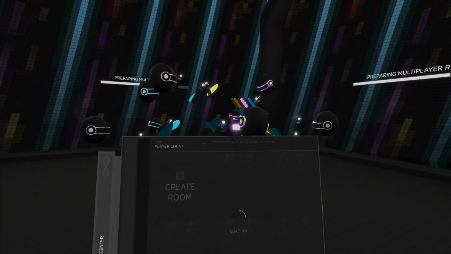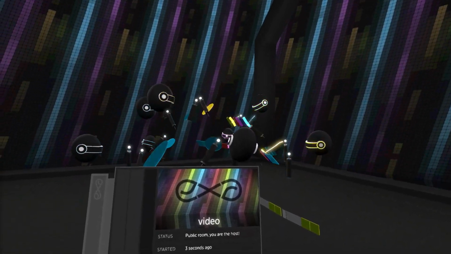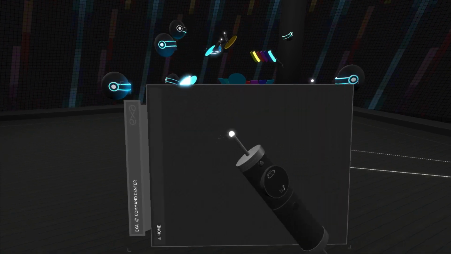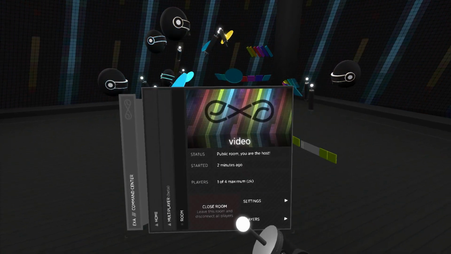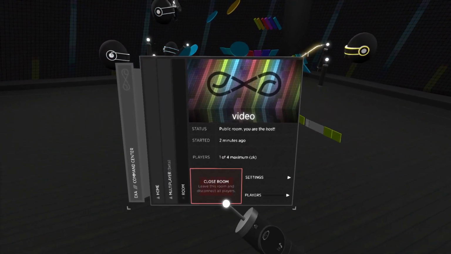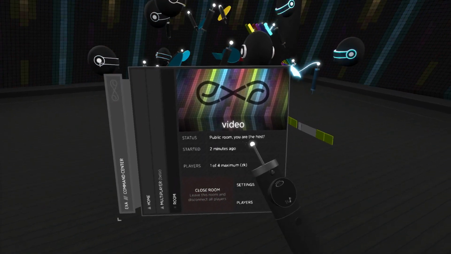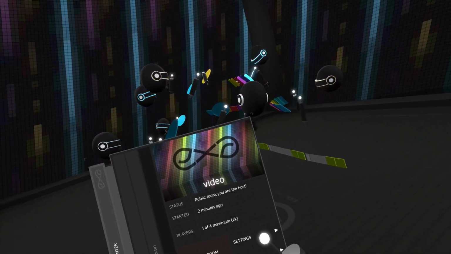The walls display the progress as EXA gathers the layout data for sharing with other players. Whenever you're in a room, selecting the multiplayer button will send you right into the room menu. When you're ready to exit, select the Leave Room button. The room creator sees a Close Room button instead, because all players will disconnect when the creator stops hosting the